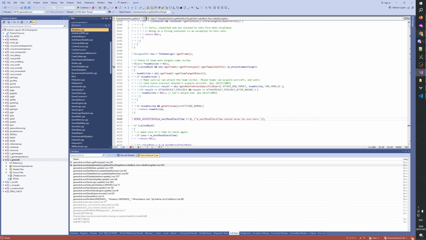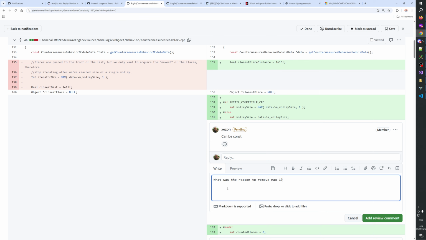But let me ask anyway, what was the reason to remove max 1? I mean, it's okay because it's then closer to what the data tells us. If the data sets it to 0, then it should be 0, right? But I wonder if there's any other reason for this.